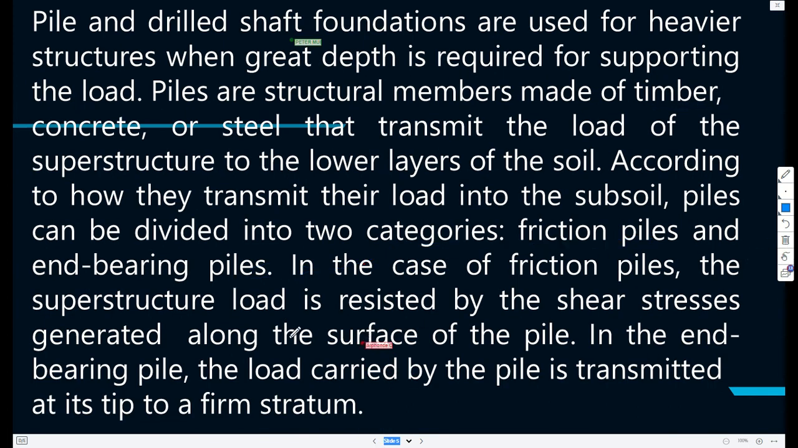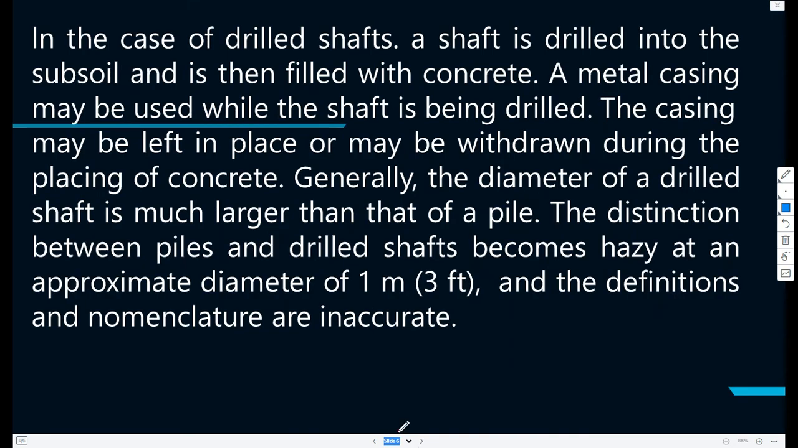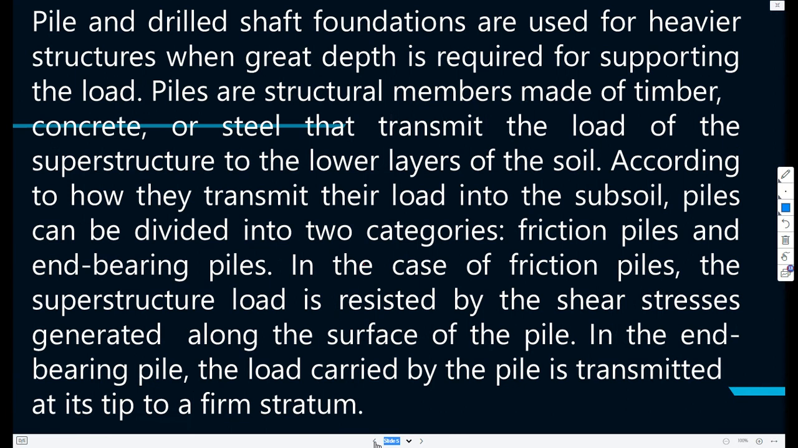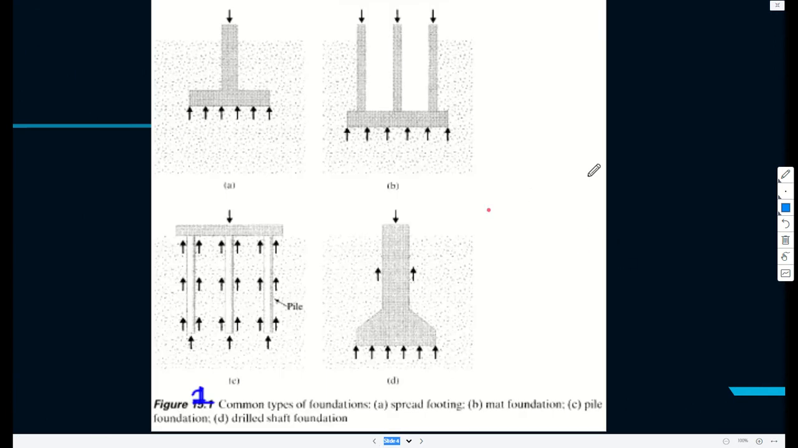So what we are trying to say here exactly is that friction piles carry the load by, for example, so if this is a pile,